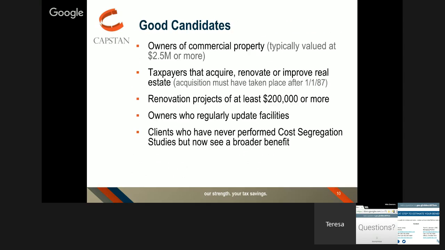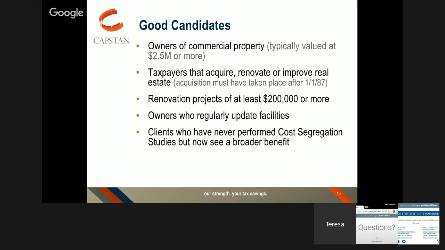And then renovation projects can be very specialized. So it's not unusual for us to even look at a renovation project as low as $200,000. But what if a lot of that is special purpose, and so it might be a big percentage move into 7 years. So we would look at the facts and circumstances on that to give you a feel if it makes sense. So anybody that's regularly updating their facilities or putting new lines in and things like that,